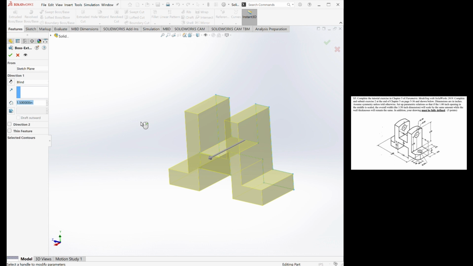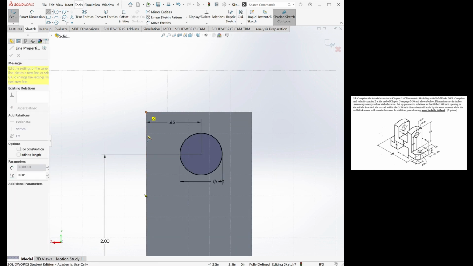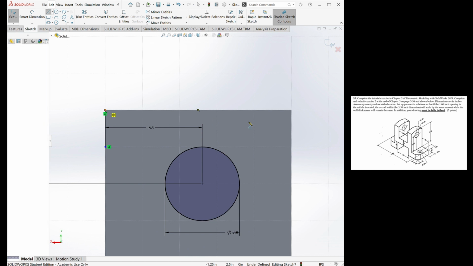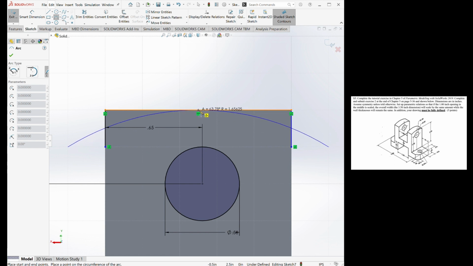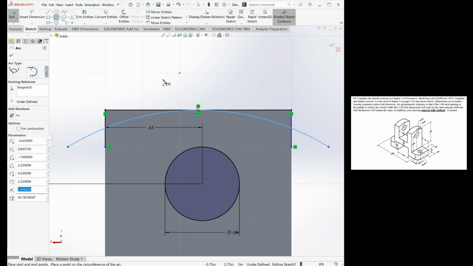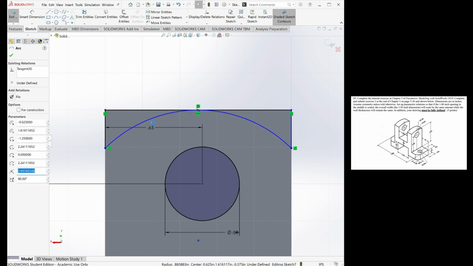But when we make our next sketch, that's going to be the hole through, and it's going to be the little circular rounded edge up at the top. Now that says that has a radius of 2 inches, and we're going to move that when we put it in. We're going to make a box, basically a rectangle, and then we're going to make the circular part cut out of it. We're going to trim the bottom line, so we're just left with exactly what we want,